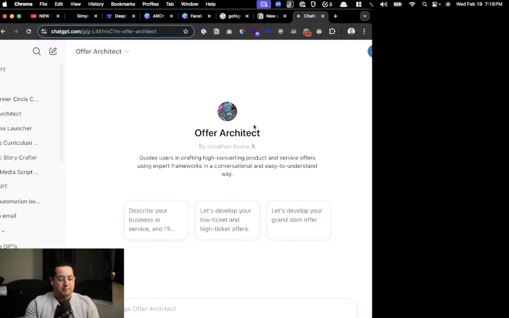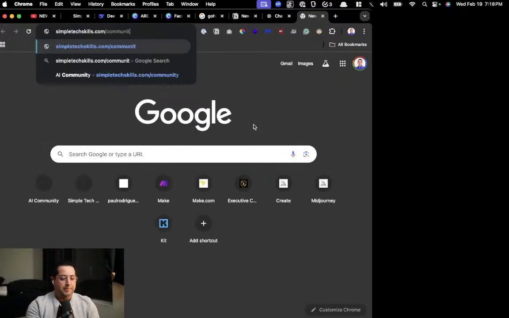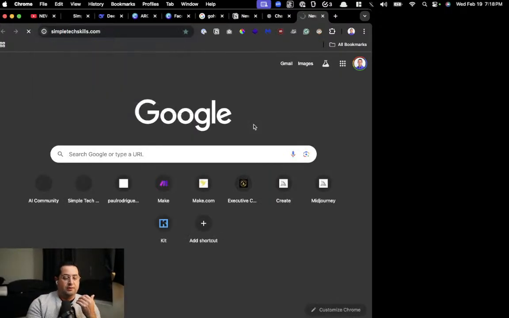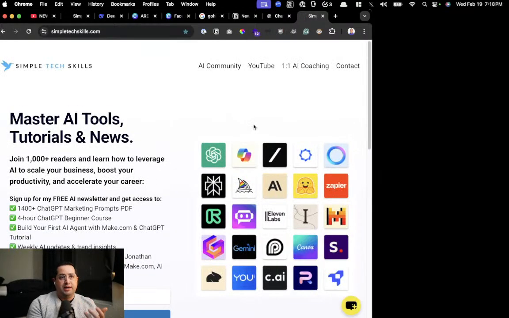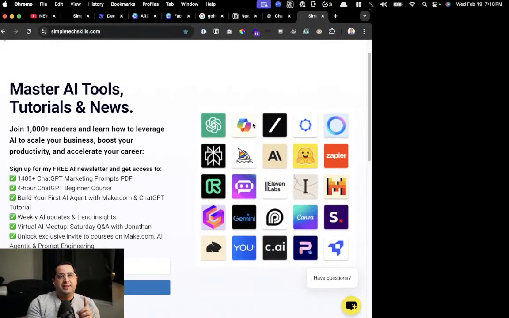For example, my website, simpletechskills.com, because this is the role of a marketer when you hire a marketing agency. They should A/B test your website every single month and try and improve the copy. Because if you can improve the copy, you could literally double the amount of leads and sales you could get just by changing the text and messaging on it. It's the highest leverage.